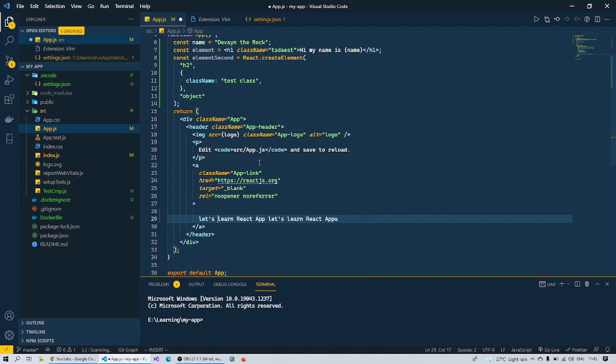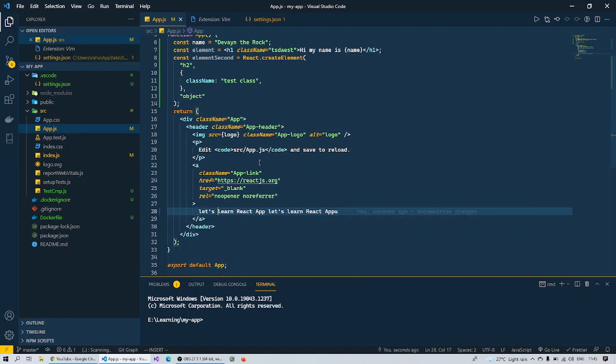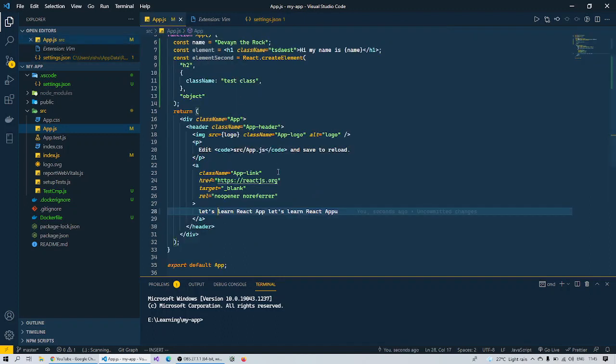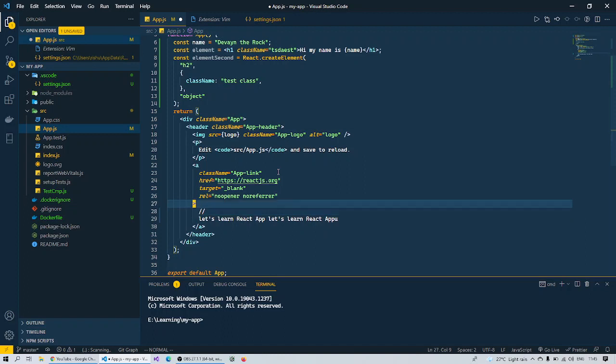Okay, and to change the mode, there is a setting here, insert mode key binding, where if you press JJ continuously, it will behave as an escape key. So what does that mean? Now I'm in insert mode, and what I do is I will type J and J. Okay, so you see the cursor has become a little big, and now I am in normal mode. You can see here I'm in normal mode.